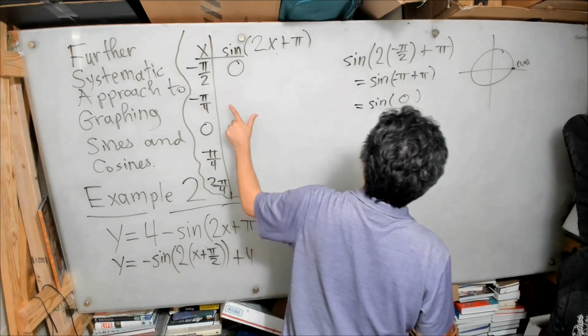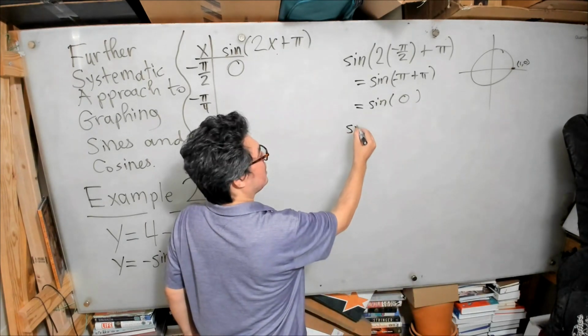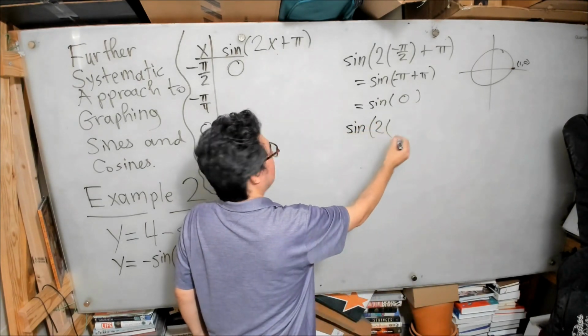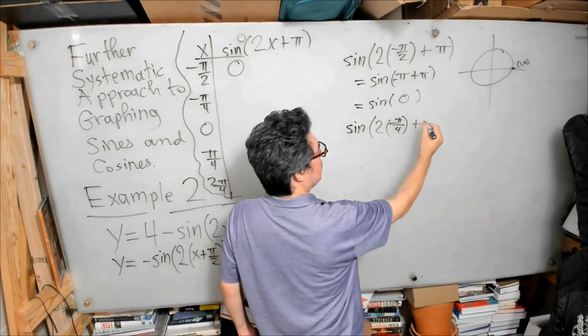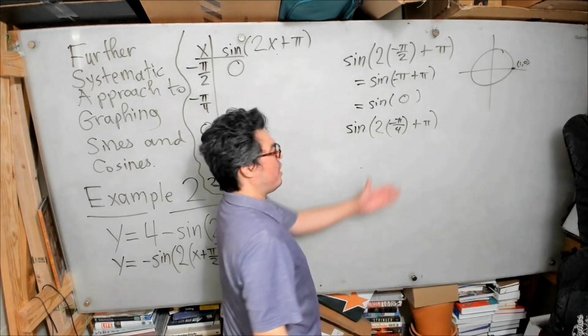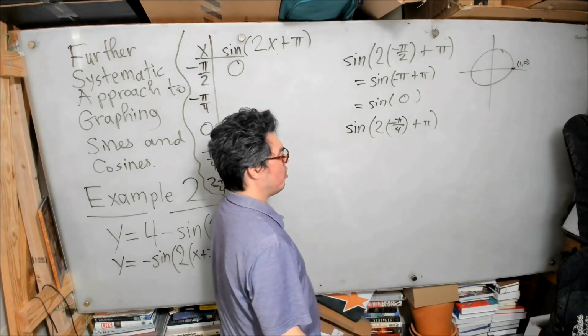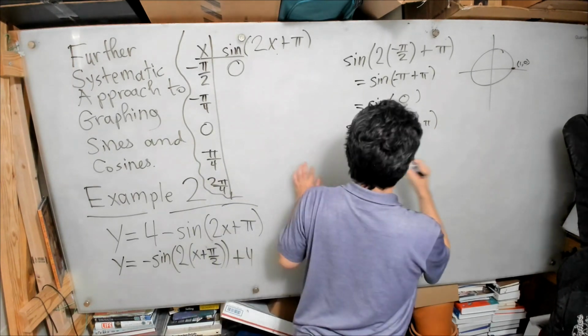What about negative pi over 4? Let's plug in and find out. What is the sine of 2 times negative pi over 4 plus pi? Well, first we have to add this up. Okay? So this will be the sine